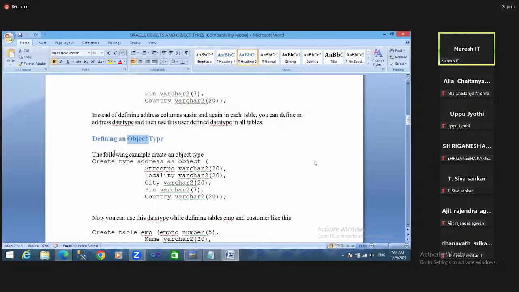Defining object type. Create a type. Here I'm creating an object, a user defined data type. Create type, the type name is address type as object. Address is one of the objects, guys. Address as object of